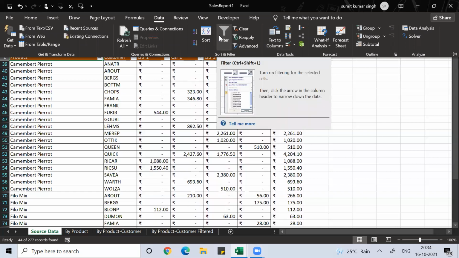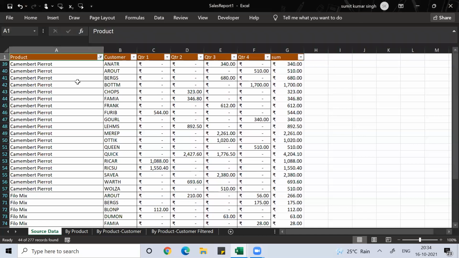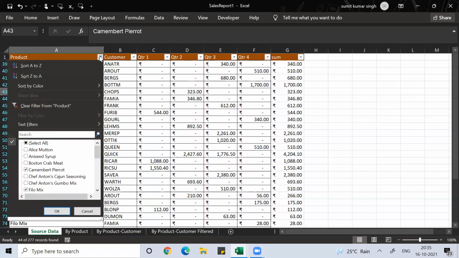The shortcut key for filter is Control Shift L, or you can use the shortcut key Alt DFF. You use any of these and you will get the filter. If I want all the data back, just click on Select All.